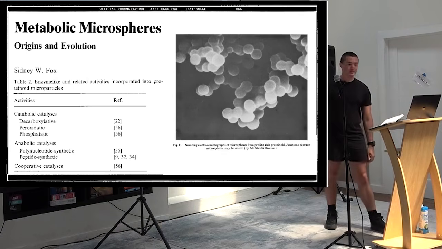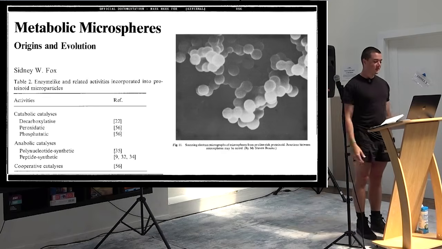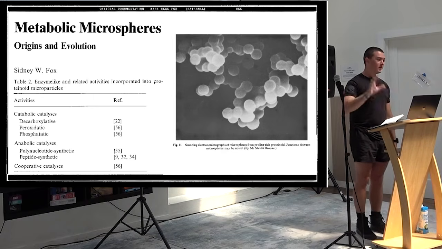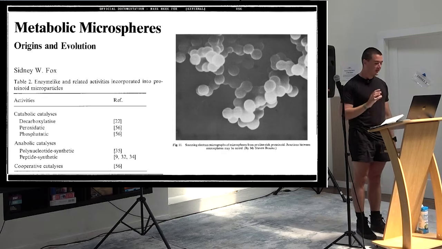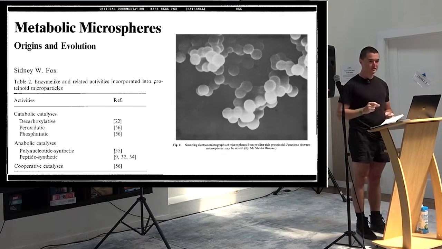But there's this person, Sidney Fox, who is not taught in textbooks. Barely anyone knows about this guy, but he created basically what I'd see as cells from scratch. What he did is he took amino acids, which were already found on the Earth in prebiotic times, back when everything was all molten or starting to cool into crust. And he just heated them up and then he cooled them down. And after he cooled them down, they turned into proteins spontaneously, with some weird side chain modifications. And proteins are the core machinery of life.